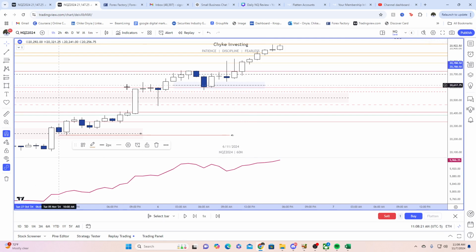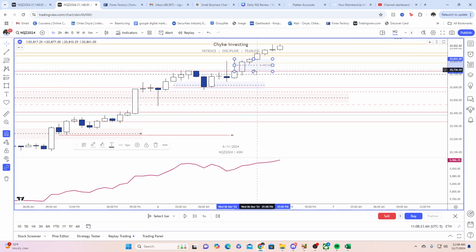Like I mentioned, if you go through the constant encroachment of a PD array, right, and the next candle continues to expand, we're likely to continue going higher. So you can see we went through the constant encroachment of that PD array right here, which is this wick. Going higher, taking out a few more highs throughout the day. We're just ranging throughout the day.